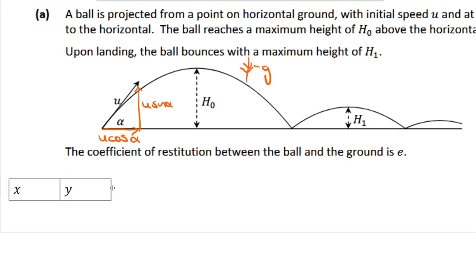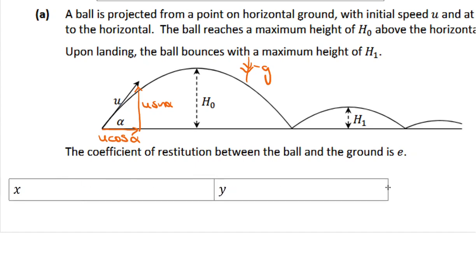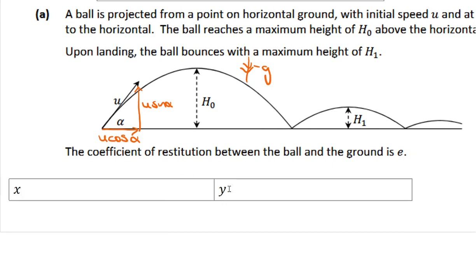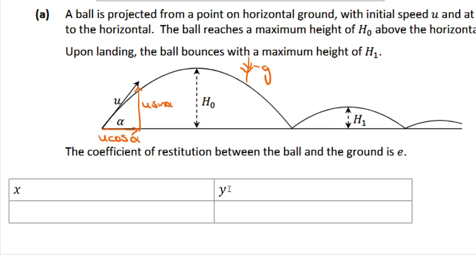That could just as easily be i and j, depending on your teacher's preference, but I'm going to just use x and y. So what do we know? Well, we know ux is u cos alpha,